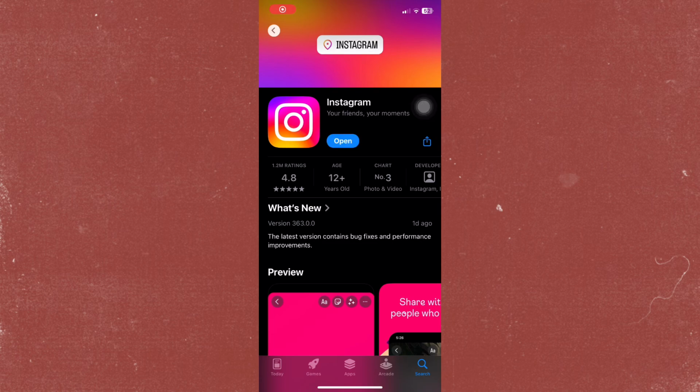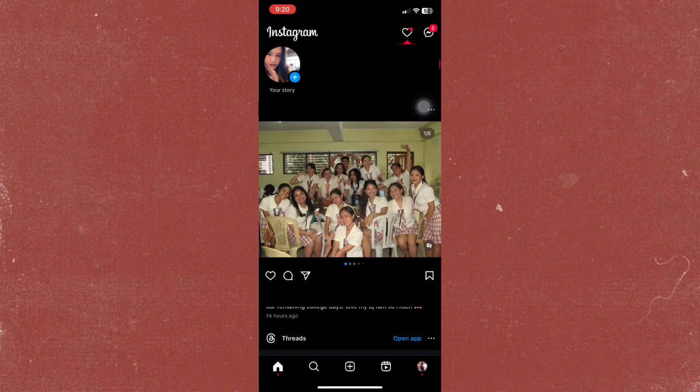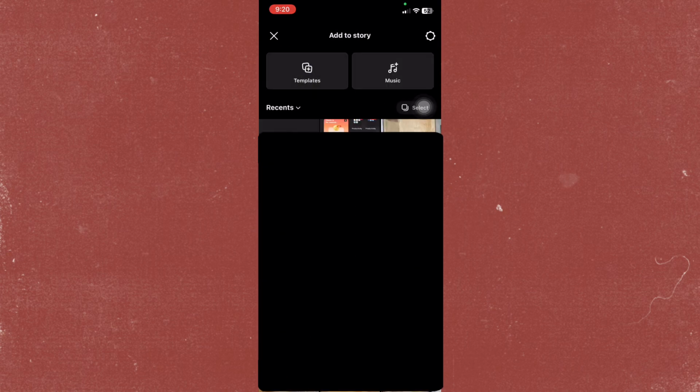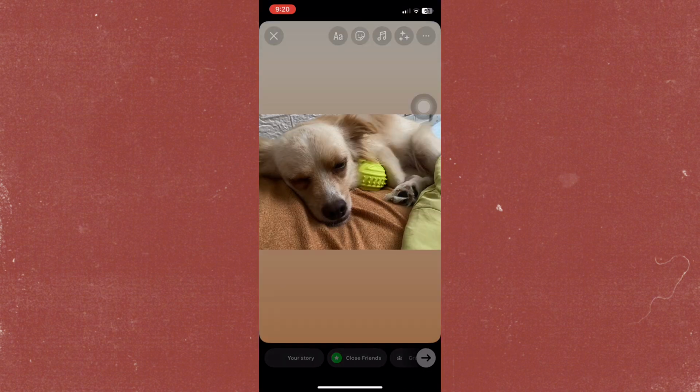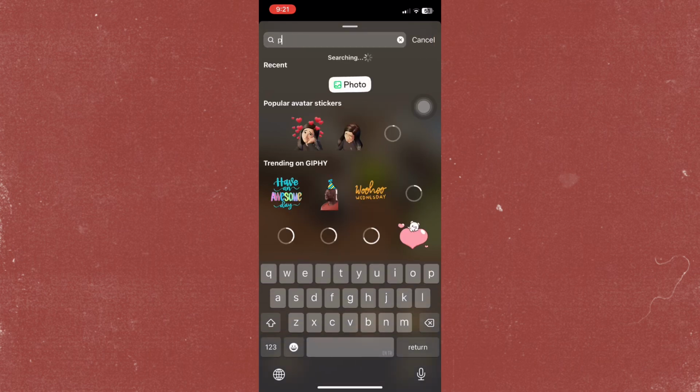Now once it's updated, just tap on open to open the application and then tap on that blue plus icon at the top, and then from here just pick any picture or video. Once done, just tap on the sticker at the top, and from here just search for purple hearts. So we're just going to search for that,